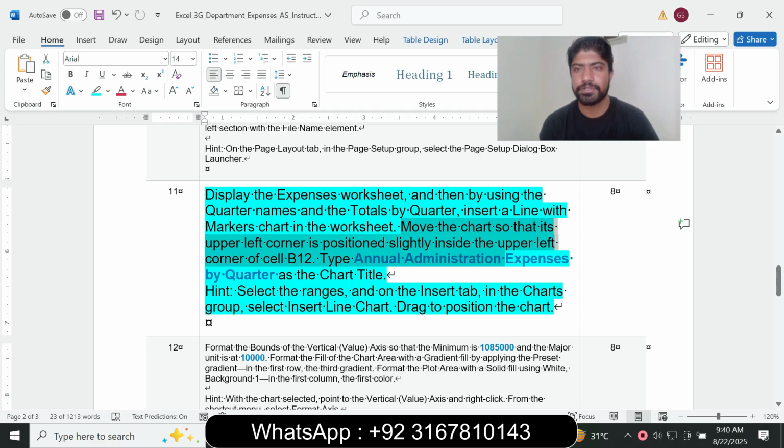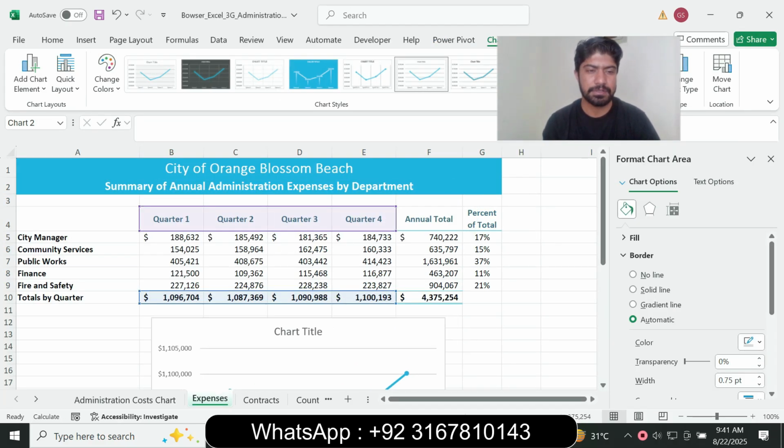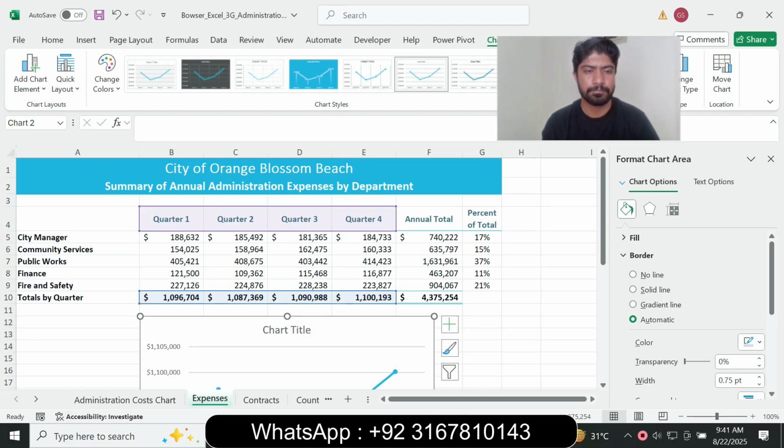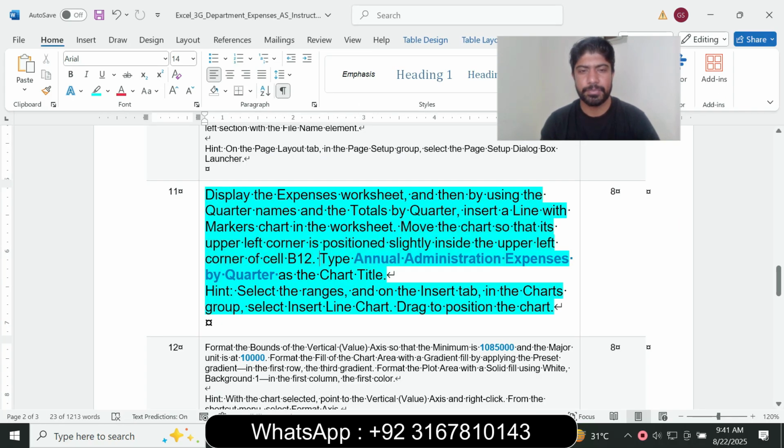Move the chart so that its upper left corner is positioned slightly inside the upper left corner of cell B12. So move and drag the chart to cell B12, and type the chart title, Annual Administrator Expenses by Quarter. So copy the chart title